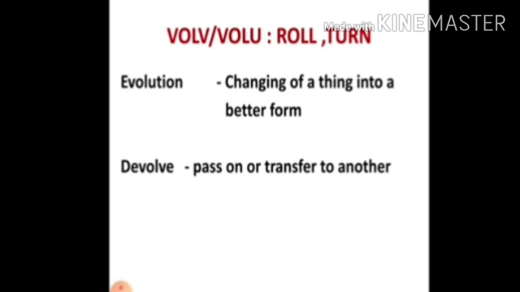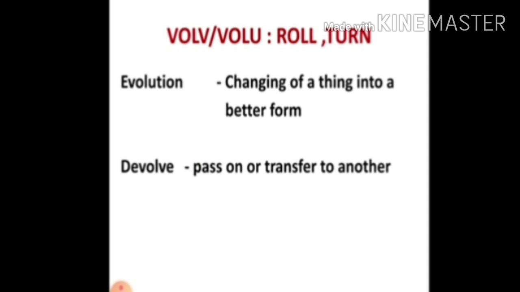So devolve on or upon somebody or something, which means, let us say, if property or money, etc., devolves on or upon you, you receive it after somebody else dies. That means you receive it maybe by heredity or by legacy. So if property or money, etc., devolves on or upon you, you receive it. Okay. So after the departure of somebody, after somebody dies.